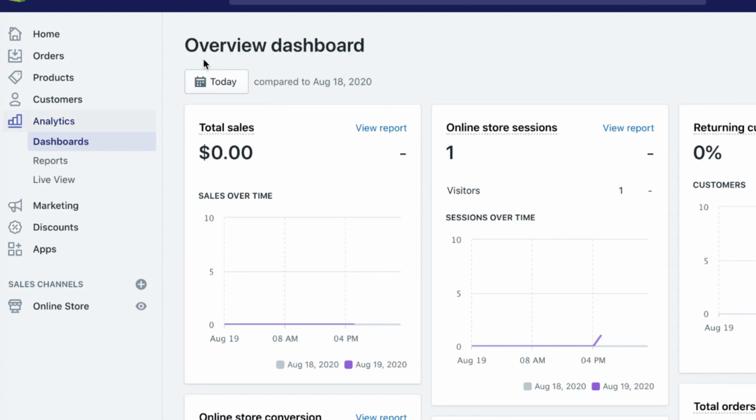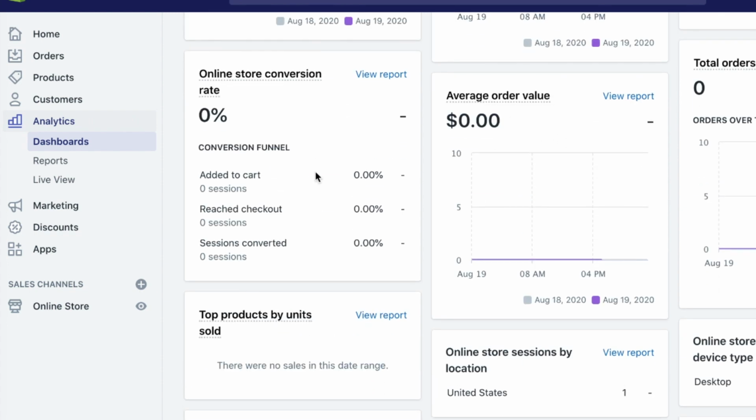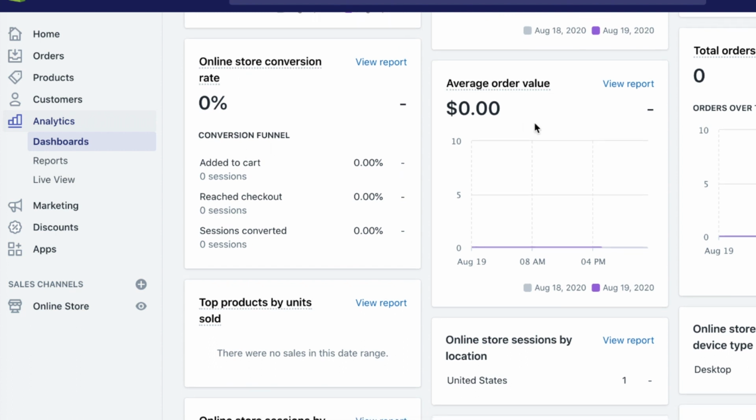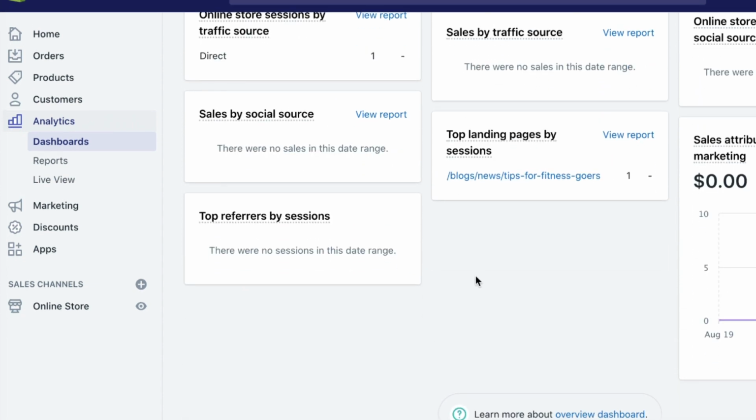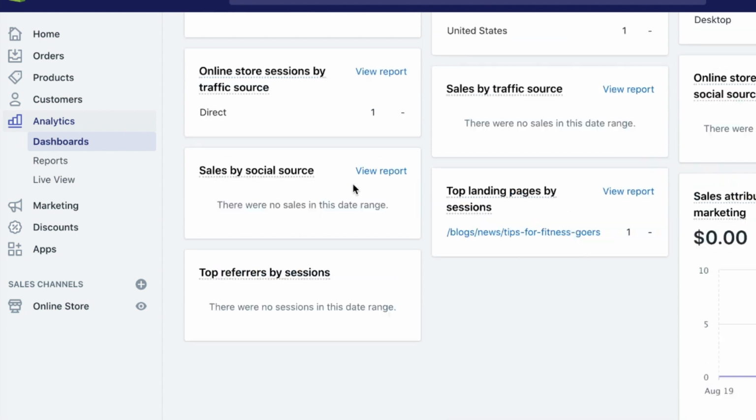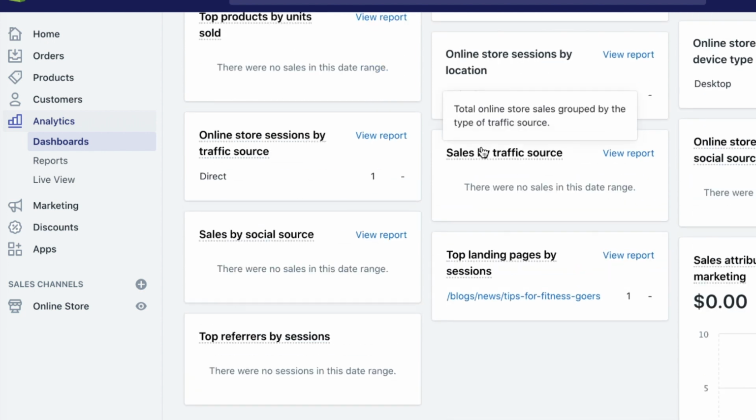Here you have the dashboard. So you'll see things like customer return rate, online store sessions, the total sales that you have, online store conversion rate. So for the people that come here, how many are converting into orders, the average order value, total orders, lots of great stuff. You could spend a lot of time analyzing some of these. And some of the most important are just the traffic sources. It really tells you a lot, and you don't necessarily need Google Analytics installed just to get some good information